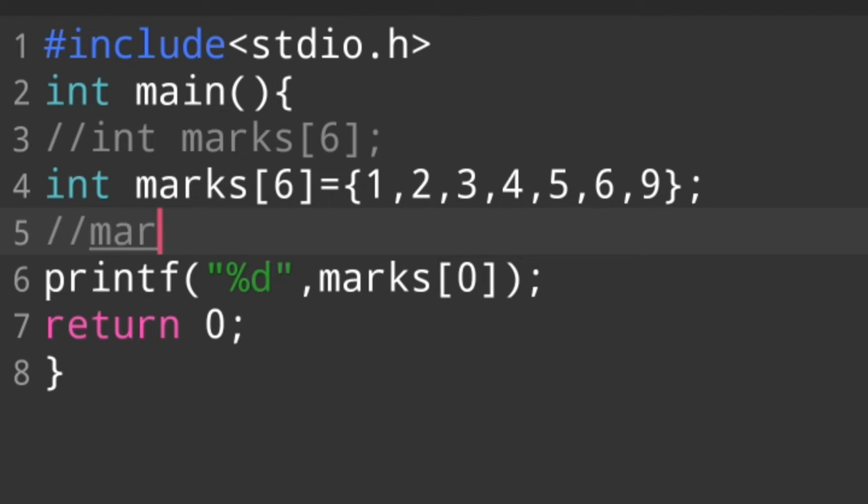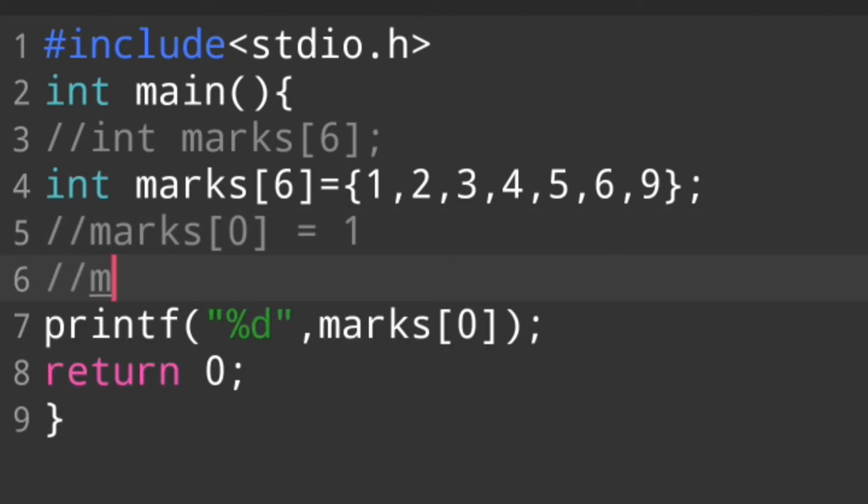In marks 0, in this variable the first integer value 1 is stored, and then in this variable the second value 2 is stored.